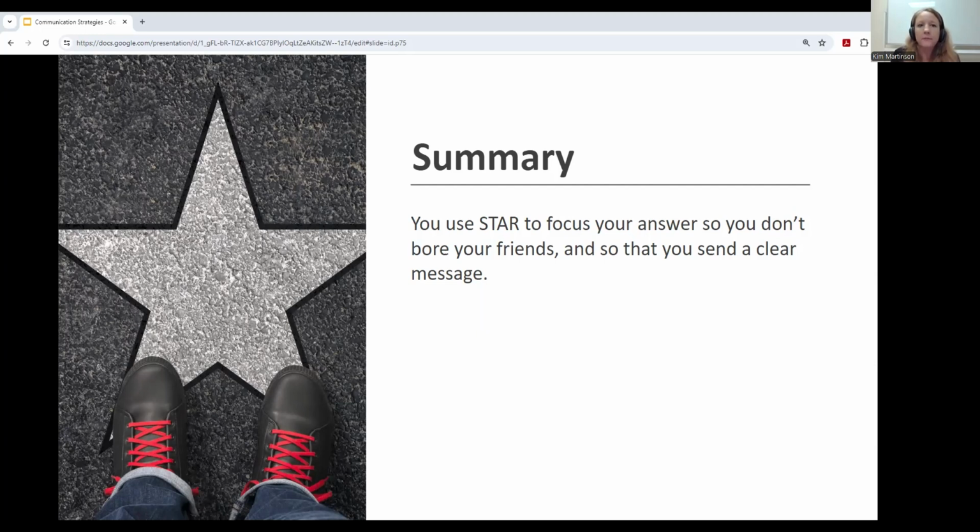This format can be compressed for quick conversations. So if you have limited time and you're trying to get out a lot of information in that short time, or expanded for lengthy presentations. We encourage you to try framing statements with STAR and see how much more confident you may feel when you're communicating.